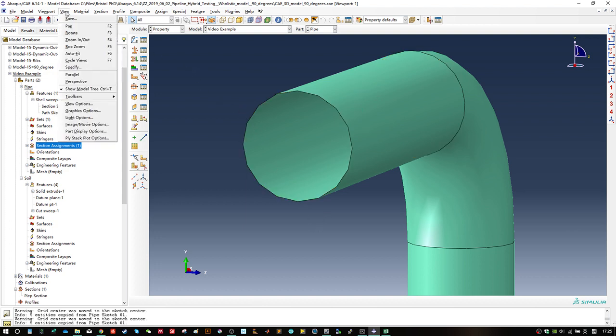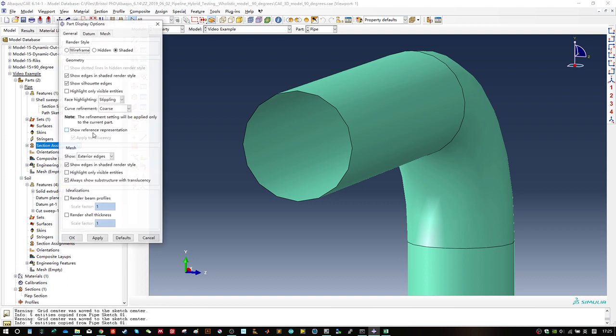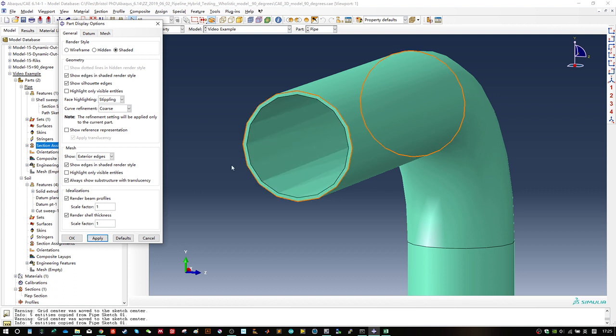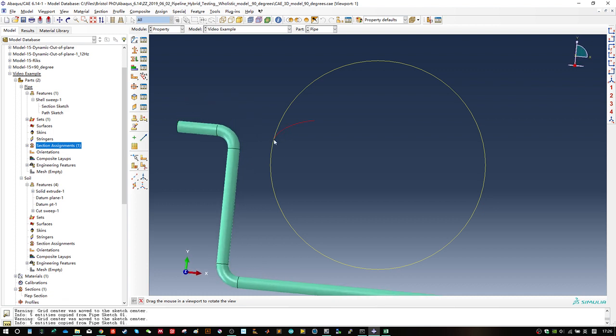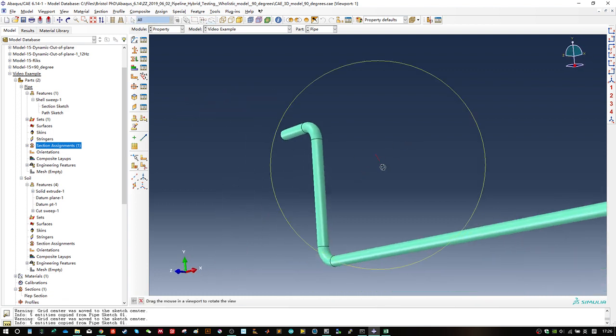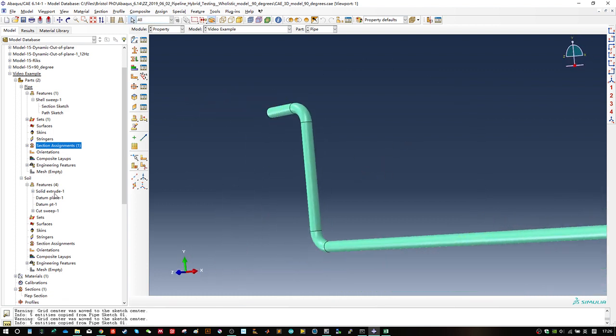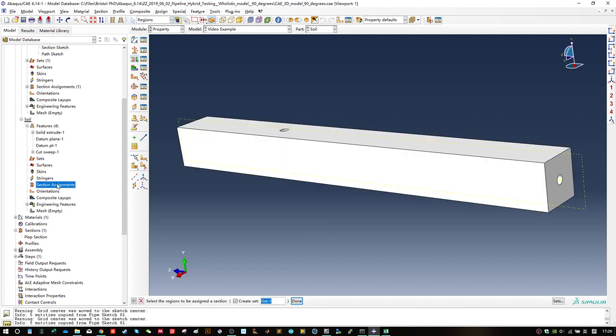If you select View, Part Display Options, and Idealizations, yes, you can see Render Beam Profiles and Render Shell Thickness. If you apply it, yes, that's what we want. So we leave it like default. Oh, great. It's done. And for soil section assignments,